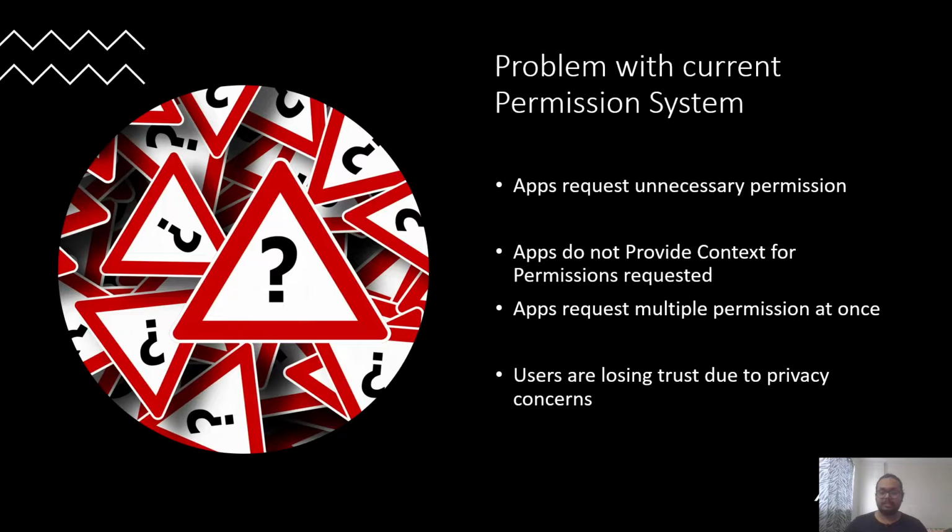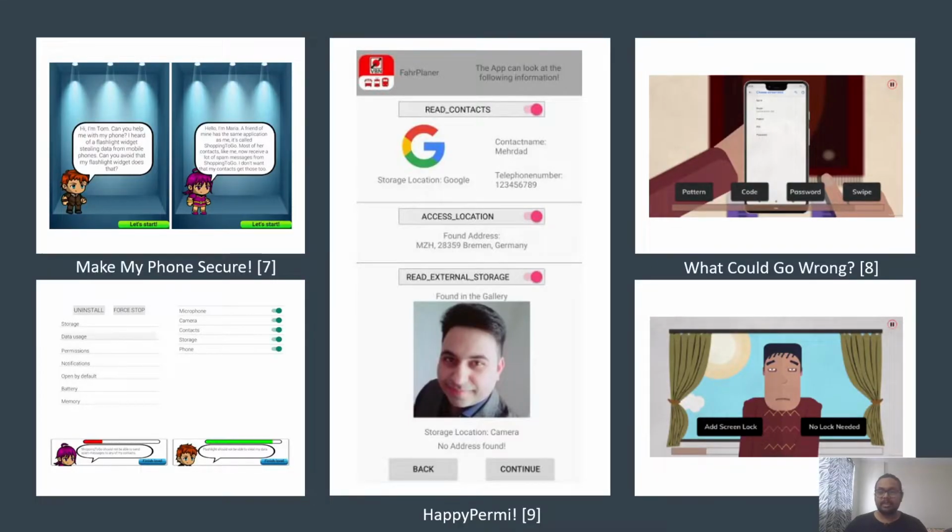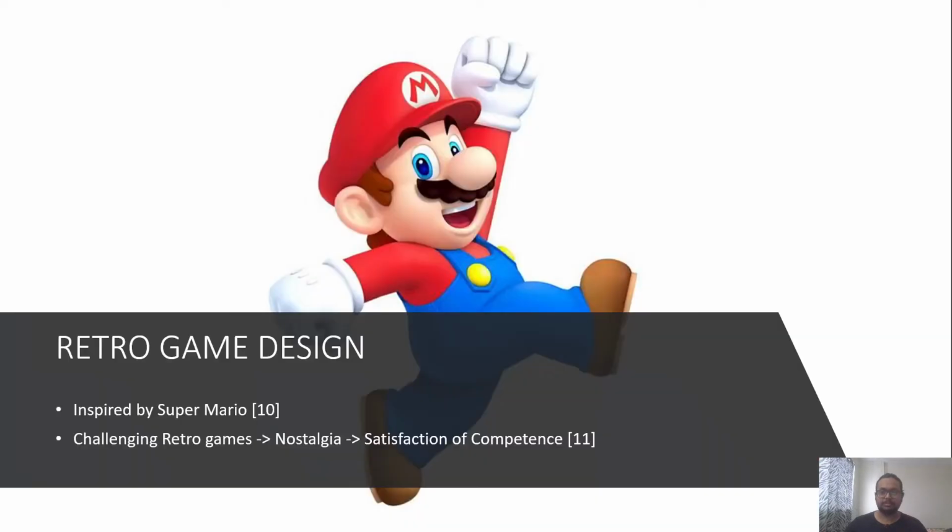Sadly, some unscrupulous practices still exist. Some of the apps might request unnecessary permissions that might not provide context as to why the permission is required. And the apps might request multiple permissions at once, forcing the user to proceed only after granting those permissions. Due to these unscrupulous practices, users who are unaware of the consequences might allow these permissions and they might be prone to malware. We were able to find only a handful number of interventions, and these interventions do not cover various other smartphone security issues.